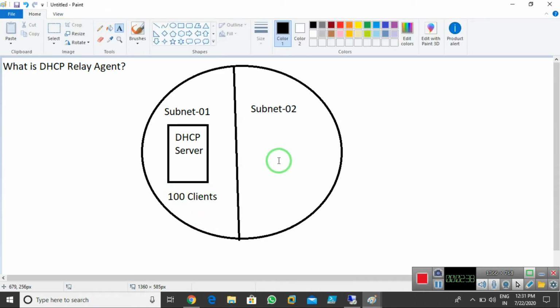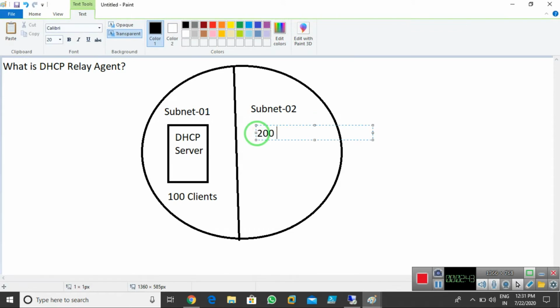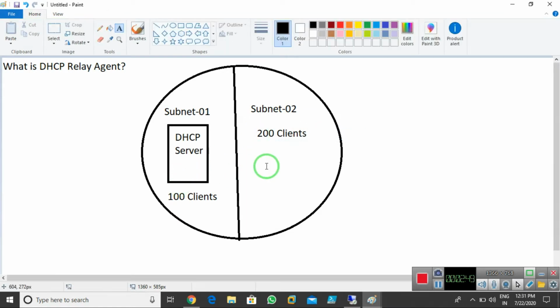Now we have subnet 2 as well, and there we have 200 clients. I need to provide IP addresses to them also, but I have only one DHCP server. Remember always that one DHCP server does not provide IP addresses to two subnets simultaneously.